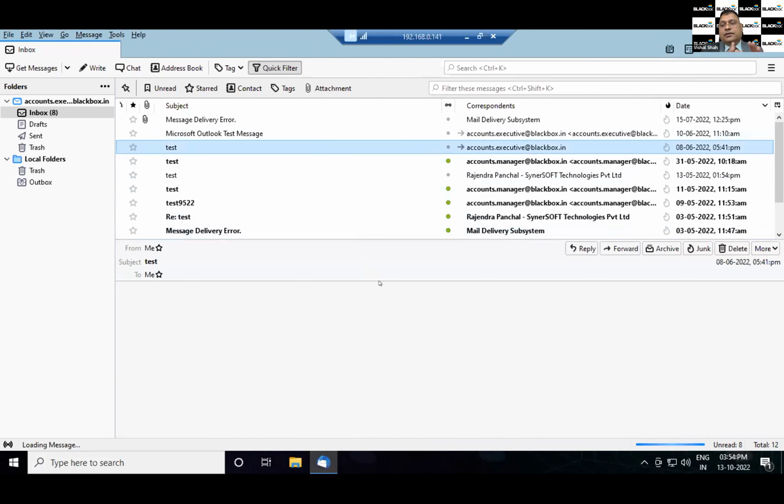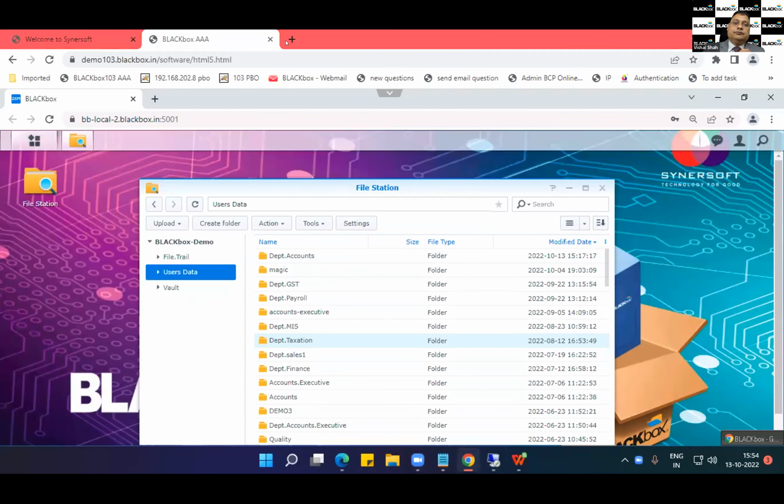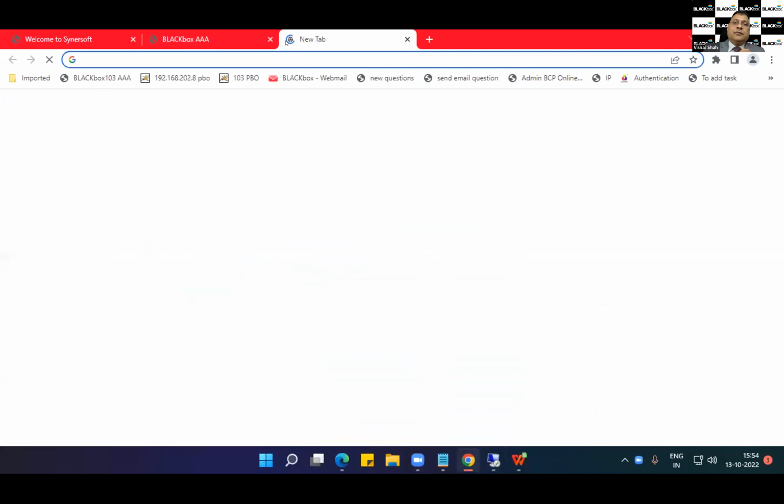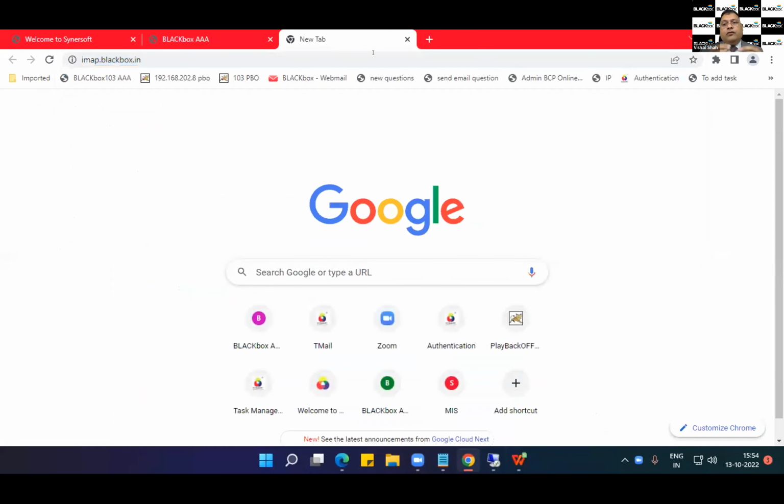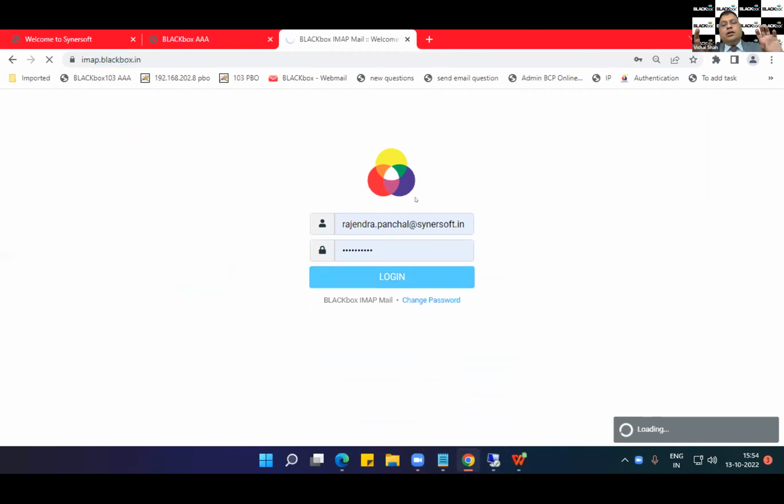In case the user is traveling and wants to access the emails through webmail, he can also access it through webmail. Can we show the webmail, please? But this webmail will not be of Google. As I have explained, 10 users will have the Google or Microsoft interface.